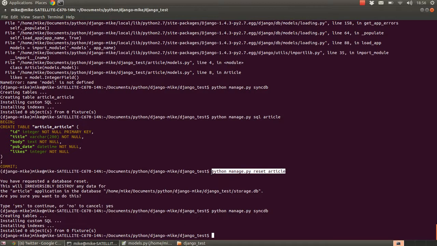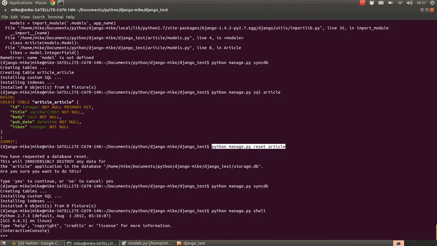Right, so the final thing that I'm going to show you is how we actually use these models. Now, I'm not going to show you from the point of view of using them in views, because that's for the next tutorial. This time I'm going to show you using a handy little tool that the manage.py system has, which is called the shell. Now the shell is basically a Python shell, but it allows you to import local modules from your current app that you're using, as if they were actually part of Python. So for instance, we've